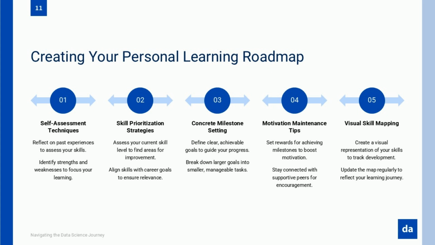Perhaps most importantly, your roadmap should incorporate regular reflection and revision. As you develop new skills and gain clearer understanding of the field, your goals and priorities may shift. Schedule periodic reviews of your roadmap, perhaps quarterly, to assess progress, adjust priorities, and refine your approach. This flexibility ensures your development path remains aligned with evolving career aspirations and industry demands.